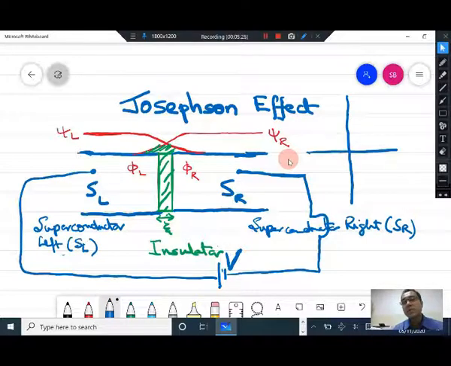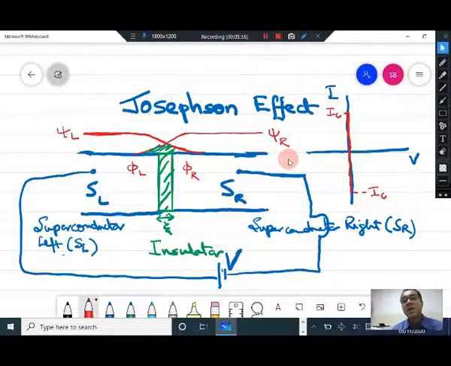Without any dissipation, if you look at the IV of this Josephson junction, then it turns out that up to a critical current, you can send in a current which is up to plus minus IC. This is minus IC and this is plus IC, where IC is the maximum current you can send through the junction without any dissipation. So without any dissipation, you can send a current up to this plus minus IC across the junction.